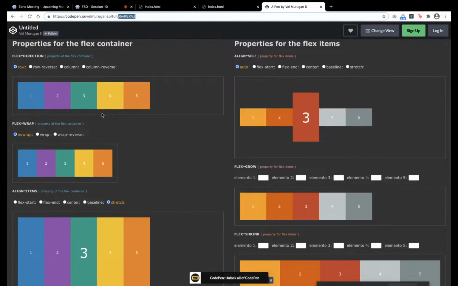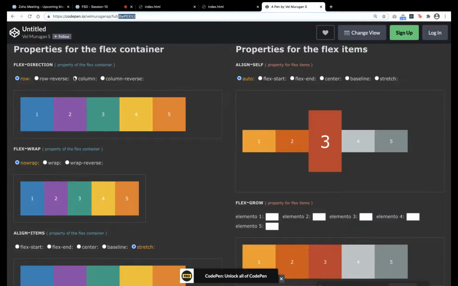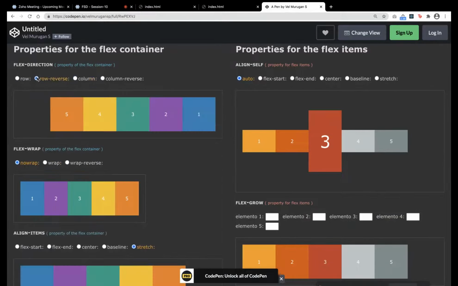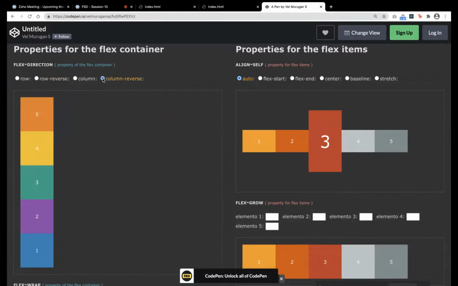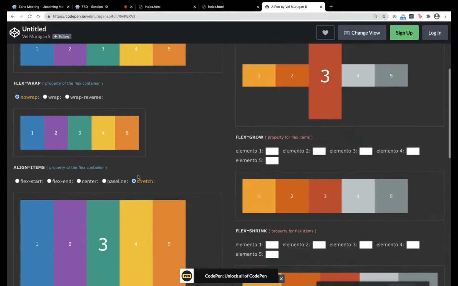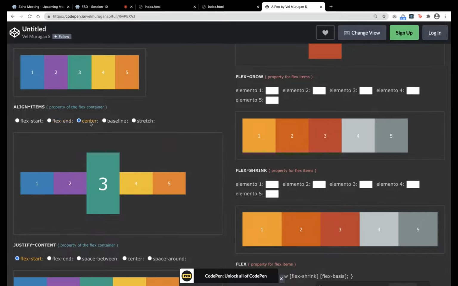So here you can play. If I give column, how it will align; row reverse, how it will align; column reverse, how it will align. And then for align self, if I give flex start, how it will align. See? He has given each item what we have studied. Flex end, how it will align; stretch.